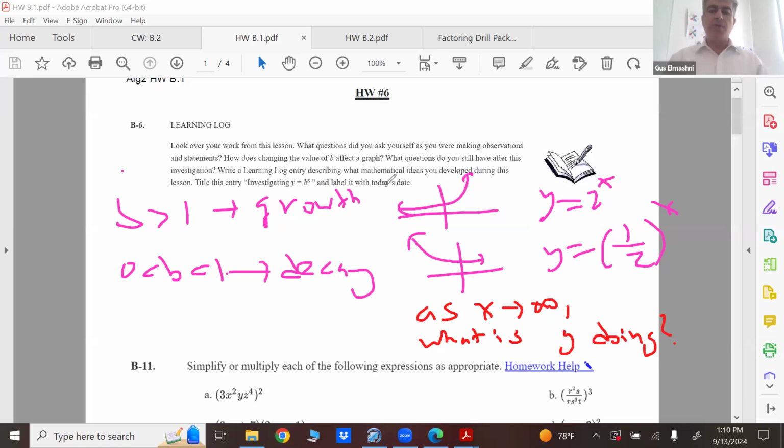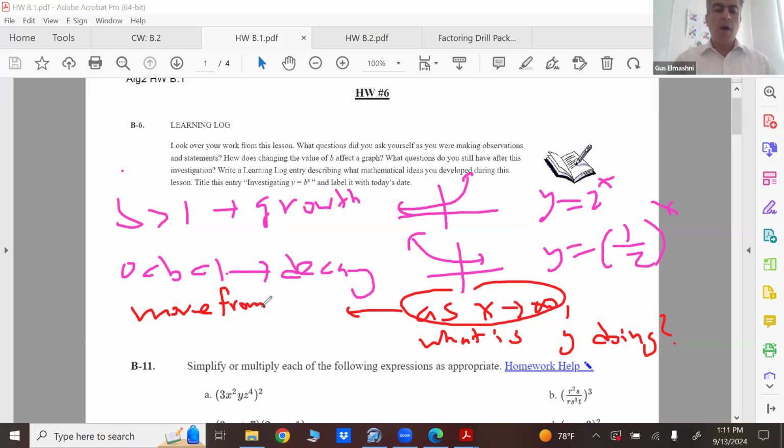When x gets larger, that's basically moving left to right, because the left is lower x values, the right is higher x values. That's the way number lines work, right? And a coordinate plane is a number line, just one that's horizontal and vertical. So as you move from left to right, are we going up or down? Is the graph rising